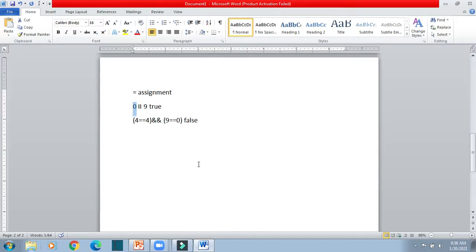Okay, that 0 is actually false. In Java, if you are writing like this, 0 means false, and non-zero, whatever is not 0, will become true. So what is actually happening here? We have two values. 0 is false, and we have 9 as true. Because it is or, if any one of the conditions is true, it will give us the value. The overall value we are going to get is true, because if any one condition is true, it will become true.